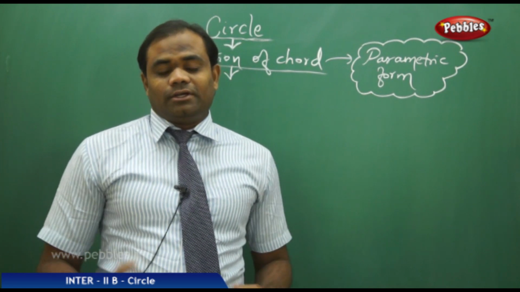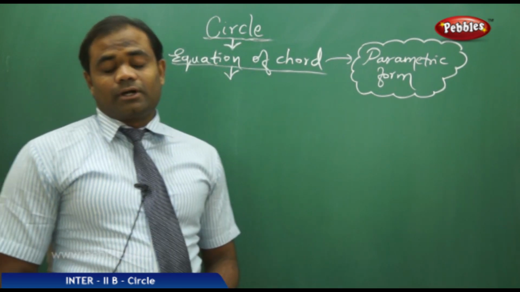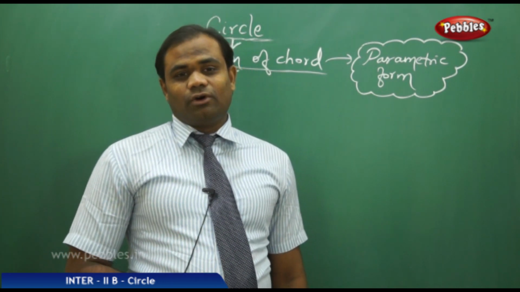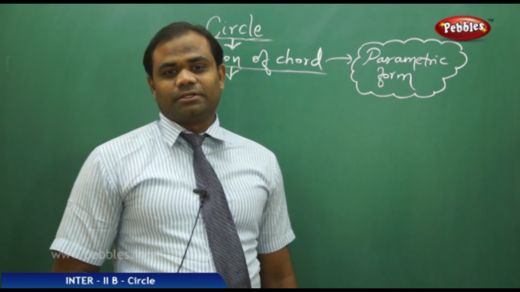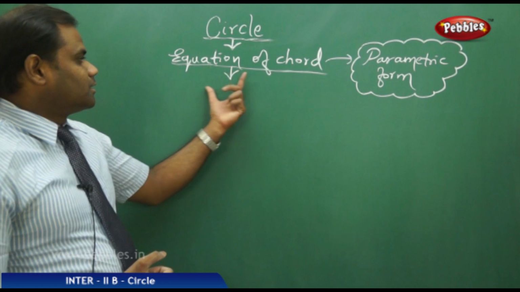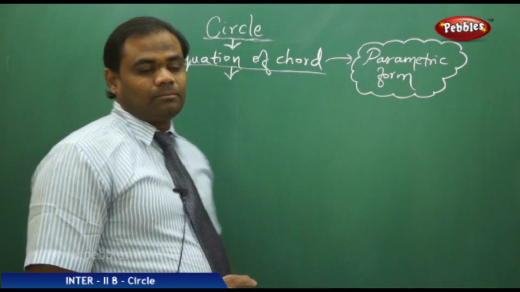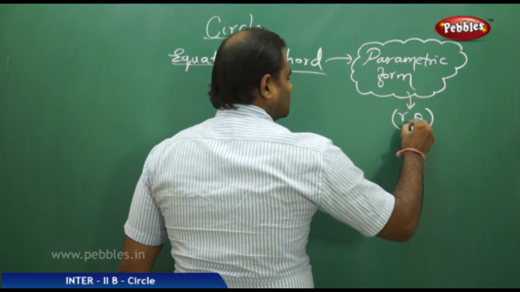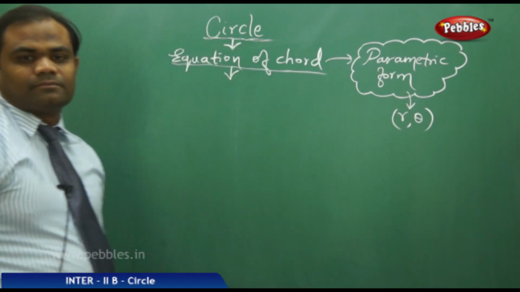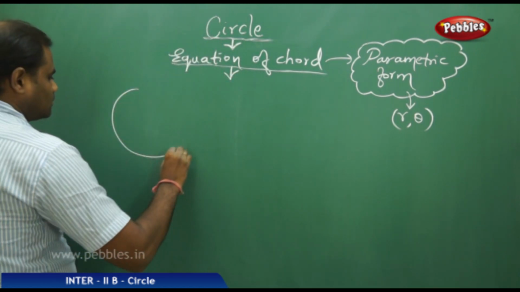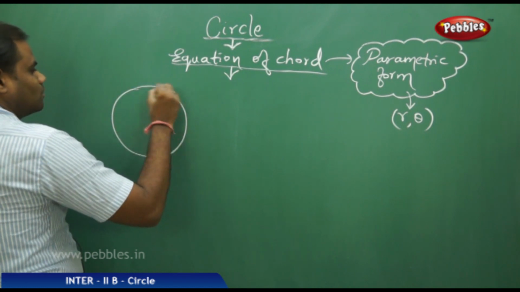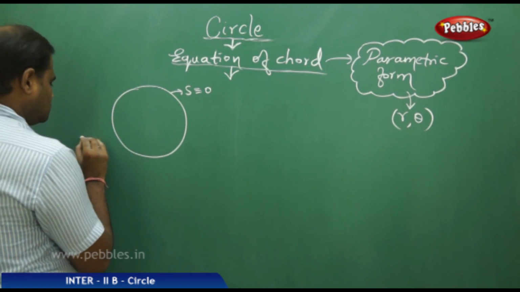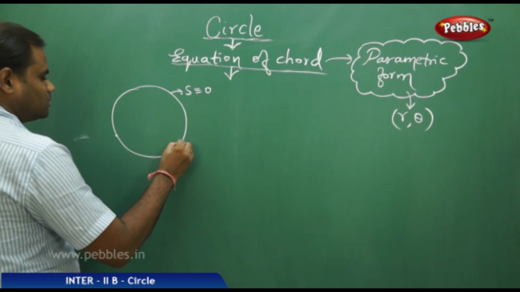Now let's find the equation of chord where the points are given in parametric form. So now that we have considered the topic of parametric form of the points on the circle in the previous session, let's recap with finding the equation of chord in parametric form. So we know that a parametric form involves the radius and the angle which we consider for the point. So therefore, for the circle S equal to 0, if I have 2 points where a chord is formed,